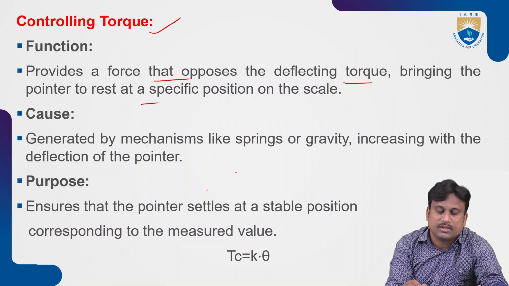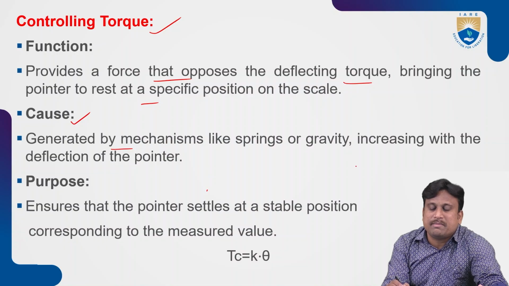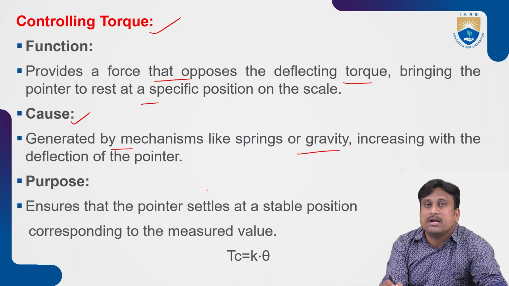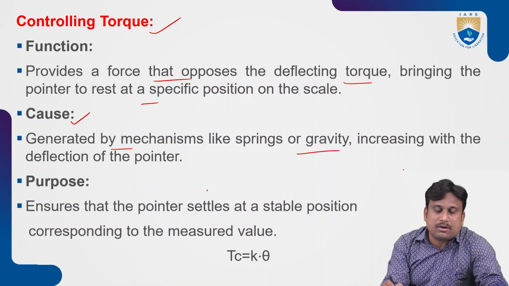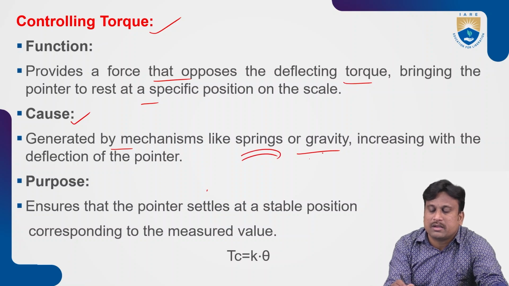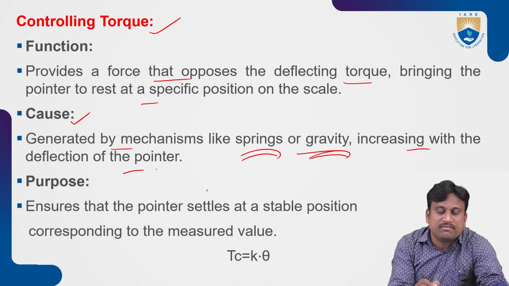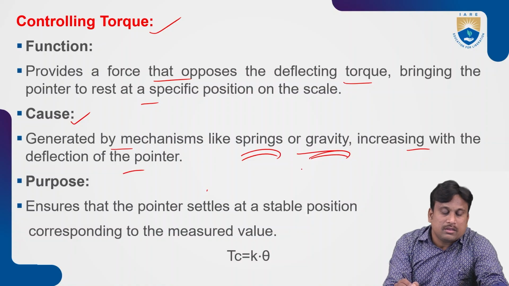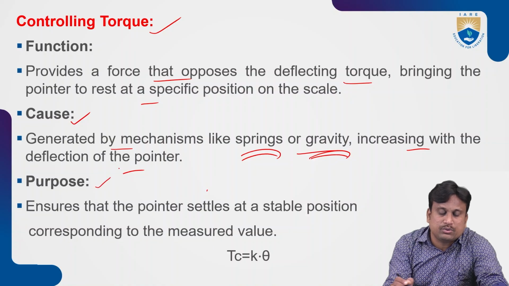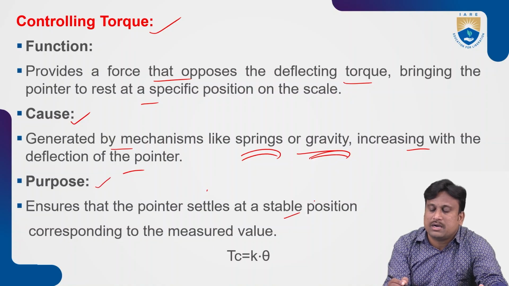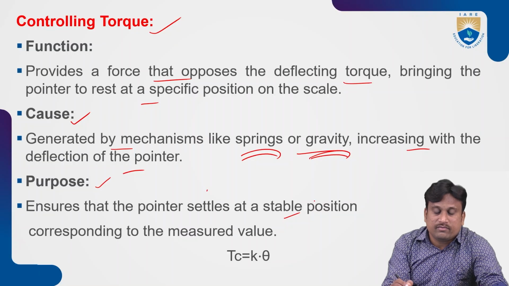on the scale. So how can it be done? It is generated by mechanisms like spring or gravity control. We use controlling methods for getting controlling torque, known as the spring control method or gravity control method, which will increase with the deflection of the pointer. Here the purpose served is to make sure the pointer settles under stable conditions, corresponding